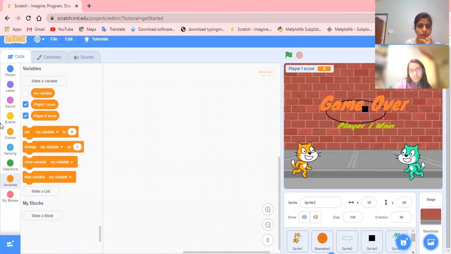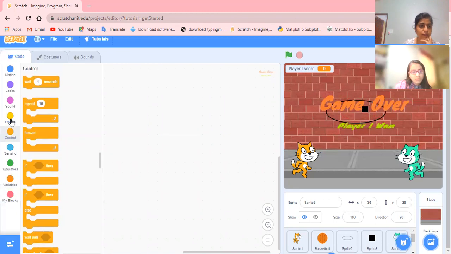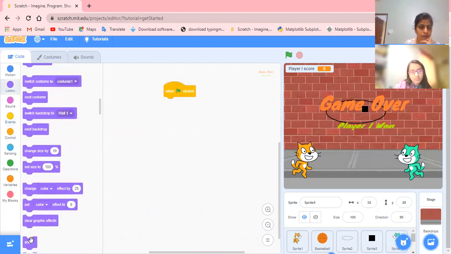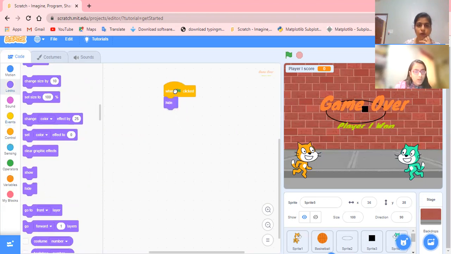Now for the coding: when the green flag is clicked, it must hide. Yes, when do you want to call it? When player 1 or player 2 has 5 points. This is about player 1, so player 1 score is equal to 5.